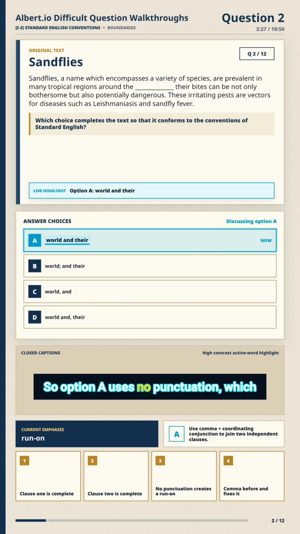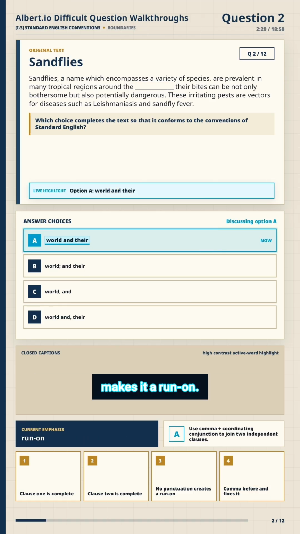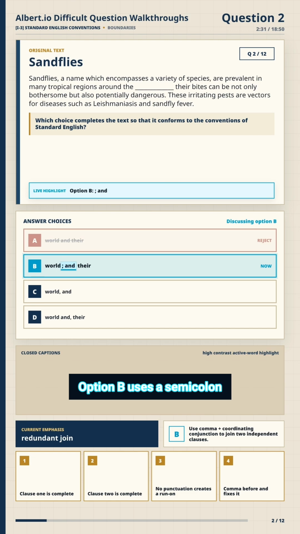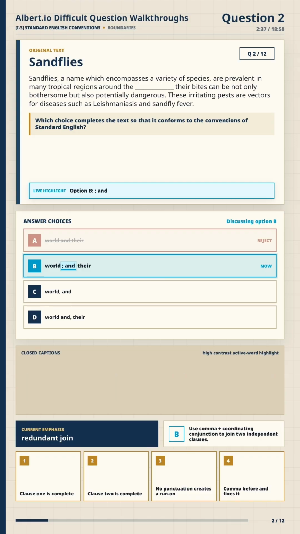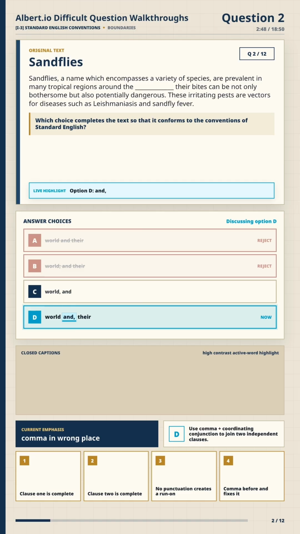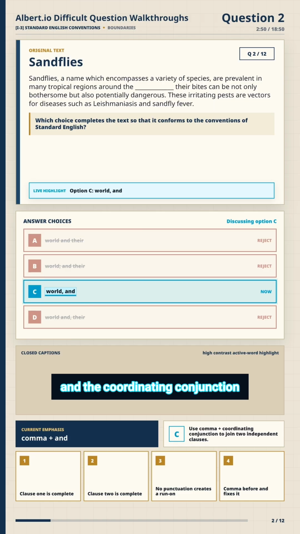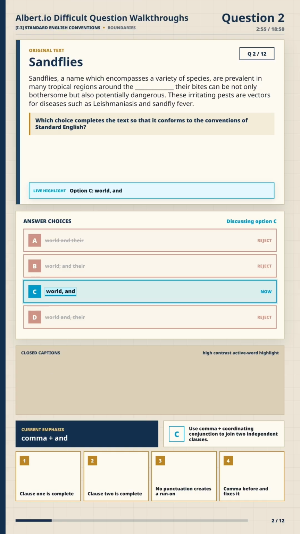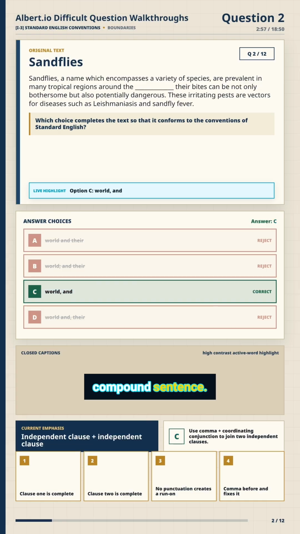So option A uses no punctuation, which makes it a run-on. Option B uses a semicolon and "and," which is redundant, because a semicolon already does the job of adding "and." Option D places the comma in the wrong location. The pattern requires a comma and a conjunction, not a conjunction and then a comma, so this is wrong. Option C uses a comma and the coordinating conjunction "and." The comma comes before "and," which is standard, and the result is a properly joined compound sentence, so the answer